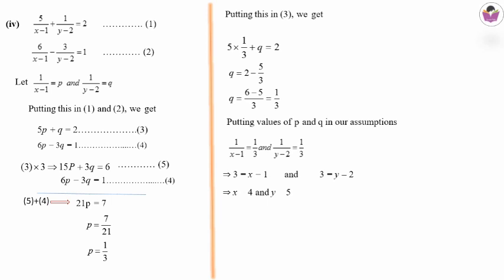Solve it. For x, the minus 1 brought to the left side becomes plus 1, that is 3 plus 1, which is equal to 4. Here also the same thing, minus 2 brought to the left side becomes plus 2, that is 3 plus 2, which is equal to 5. So y is equal to 5. Move on to the fifth question: 7x minus 2y by xy is equal to 5,